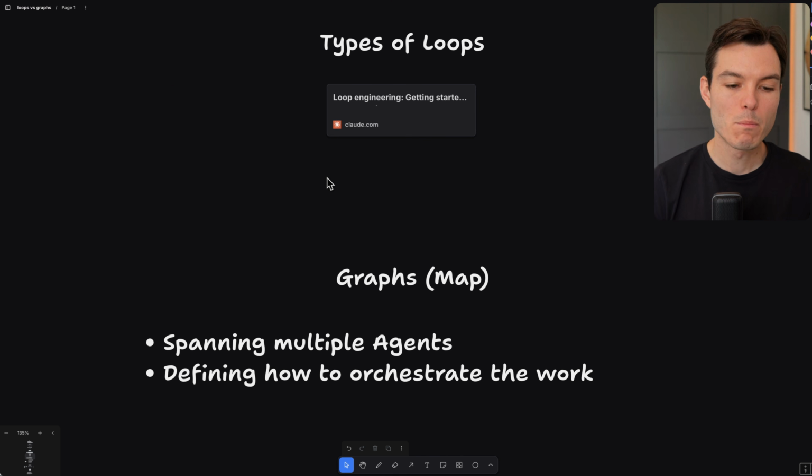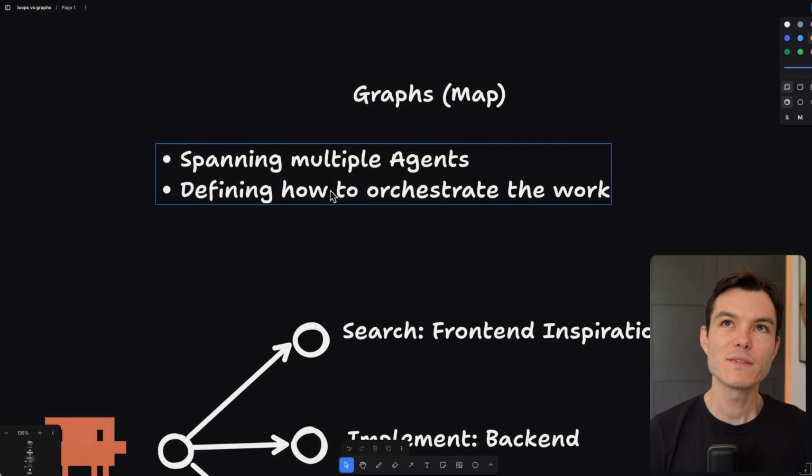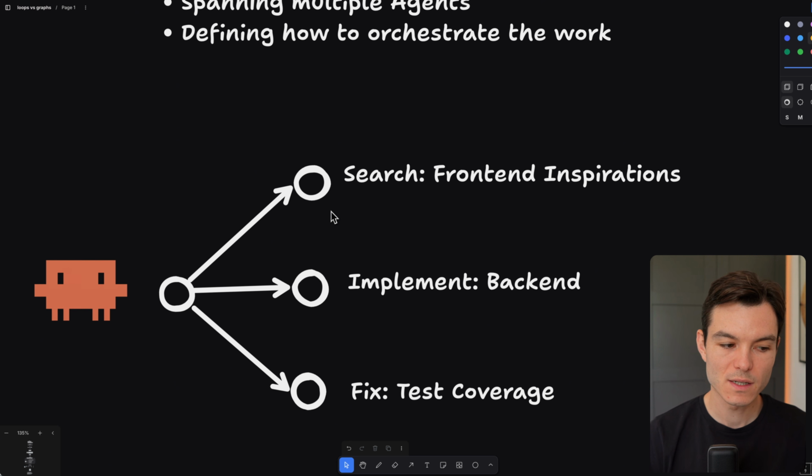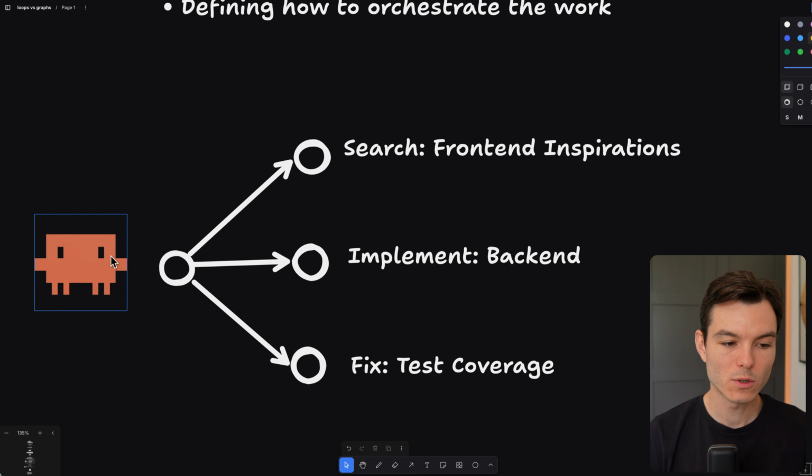Now, those are loops, but what are graphs? Graphs is when you need to span multiple agents and orchestrate the work between them. It's essentially writing a map for the agent how to complete the work. And I said in the beginning of the video that you've probably been using graphs already, because this here is a graph. When you tell Cloud Code to span multiple sub-agents to complete different tasks in parallel, this is essentially